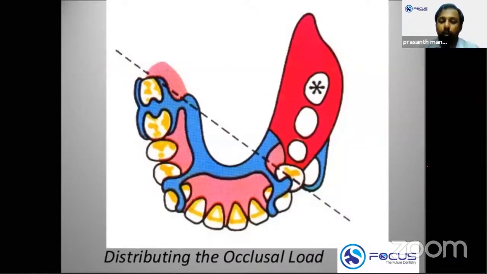Now the distribution of the forces. Yes, definitely you will have a rest along with the clasp assembly on either side, so there will be a distribution of the occlusal load. There are many components. The major connector plays a role, the minor connector plays a role, and also the occlusal rest plays its role in distribution of the occlusal load uniformly along the abutment teeth. Clear?